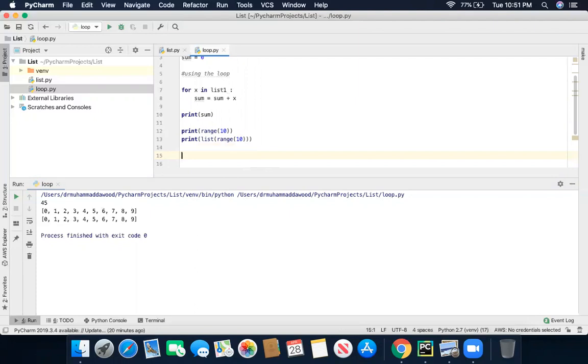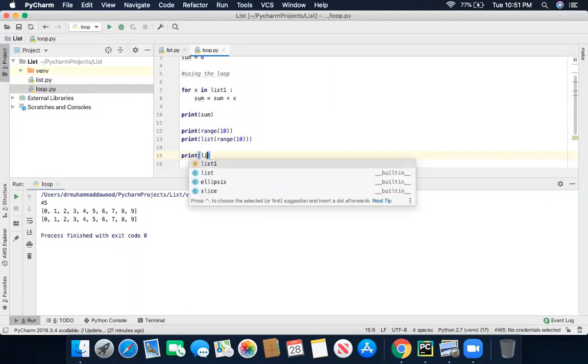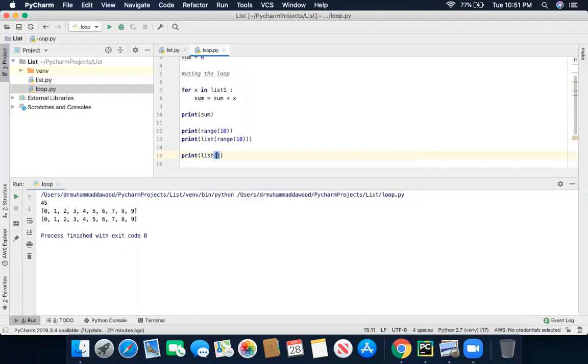Print list again, and now we define a range, starting from 2 and ending at 20.